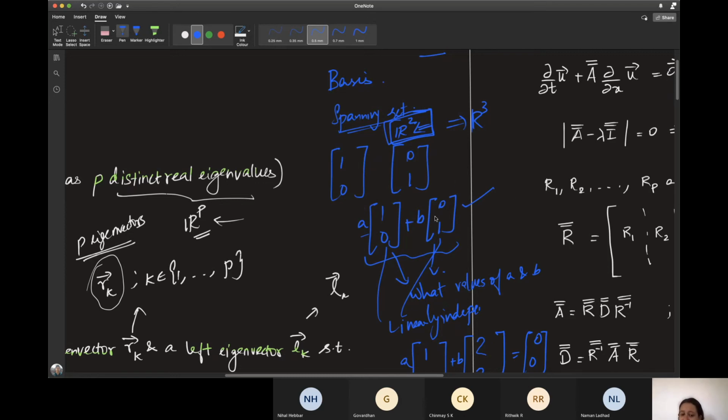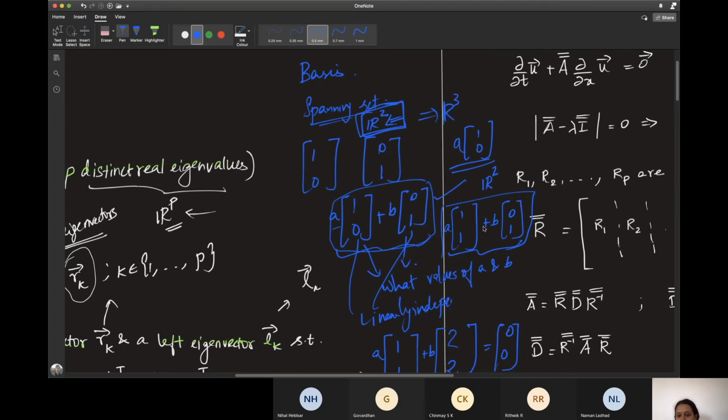You can't do this with just having (1, 0). This cannot span the whole of R2. Just by plugging in different values of A, you cannot obtain the whole set R2. You need two vectors. Similarly, not just these two vectors, you can have a different set of two vectors. Let me just say (1, 0) and (1, 1). With this set of two vectors, can you get all elements in R2, all vectors in R2?